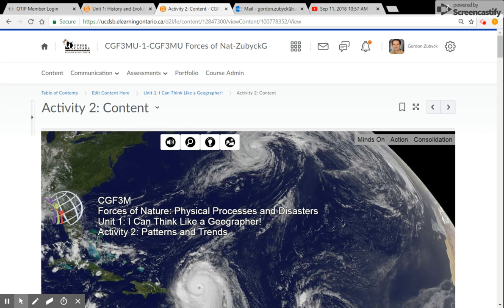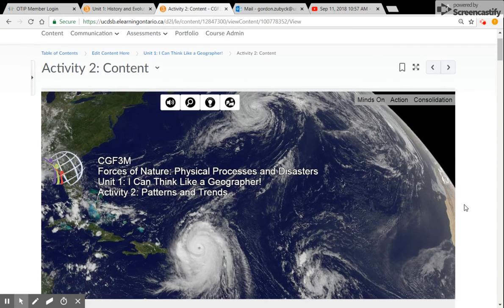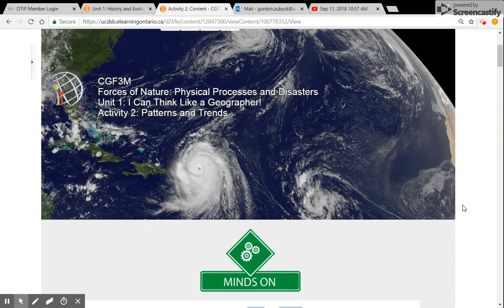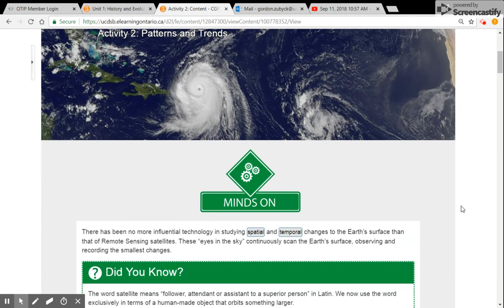So for Unit 1, Activity 2, we're starting to look at some patterns and trends. Again, the overview of this unit is basically they're looking at having you learn how you're going to talk about a patterns and trends situation. I'm not looking for you to be completely accurate in what you assumed happened just yet, but what's really important is that you're able to understand the different wording and things that you need to use to create an accurate